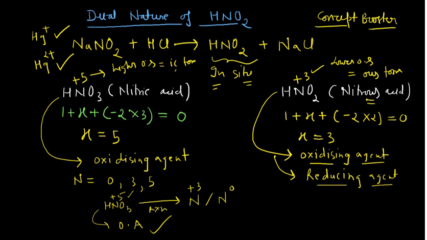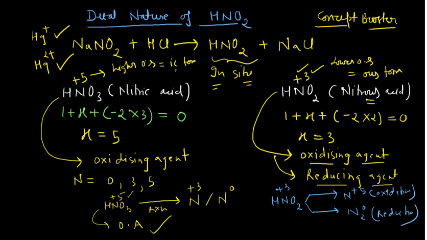Now, coming back to this HNO2. So what can I do? I can write HNO2 here. This is HNO2. You know it is plus 3. So what can it do? See, in any reaction it can increase the oxidation state of nitrogen from plus 3 to plus 5, or in some other reaction it can decrease the oxidation state from say 3 to 0. In this case it is undergoing oxidation, since an increase in the oxidation number is oxidation and a decrease in the oxidation number is reduction. So here it is undergoing reduction.